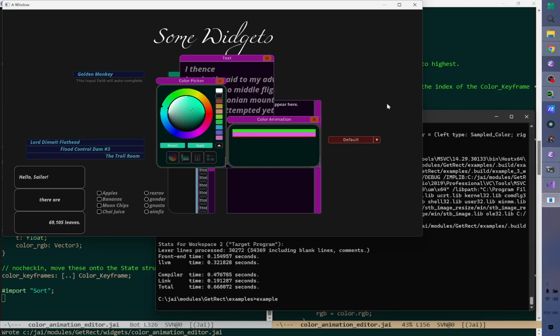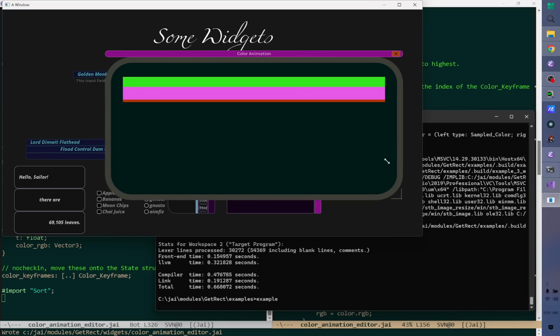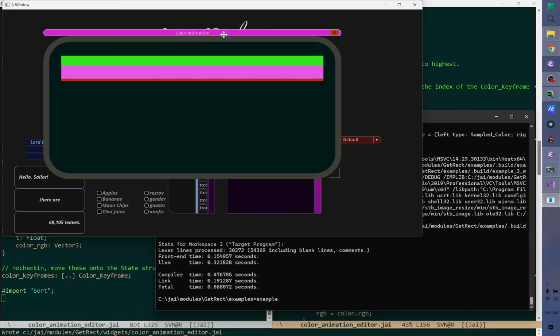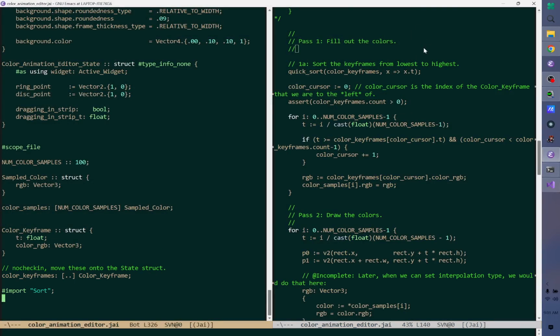Yes, okay. So you'll note that our color samples are going from top to bottom, and that's because even though I adjusted the coordinates of the array, or of the strip, it is still being a strip. Let's just also draw this real big for now, every time we start this. But like this strip, it's going the wrong way. All right, so